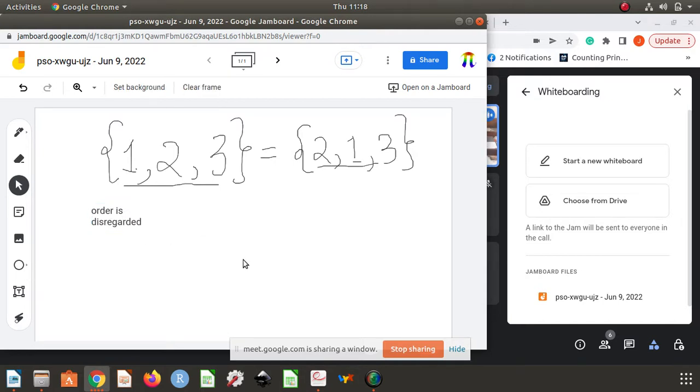So we can't have that. We don't care about the order. So that's the one thing to note about sets. Then the other thing I had said earlier is that the empty set,